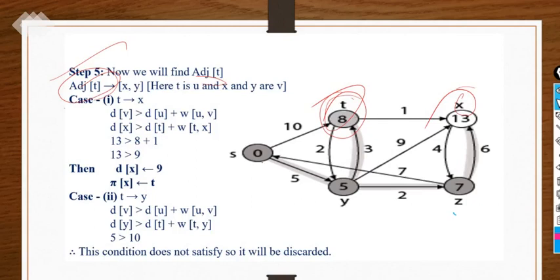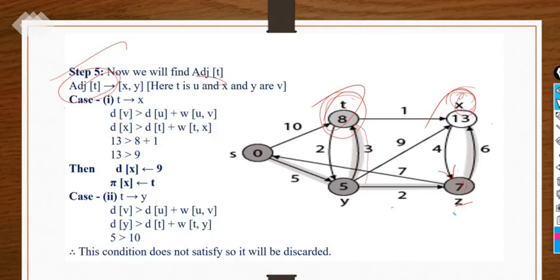Because next what we have considered, we have already covered it up to now here. If we are taking x, what are the adjacent of x? No need to get confused, just see it over here. If we are getting this x, what is the adjacent of x? Only one, this one, z. 5 plus 2, 7, 7 plus 6, 13, 13 plus 4, 17. It is already less now, so no need to change it. So it will remain as it is. So no path, we are left here with 5 plus 3, 8.